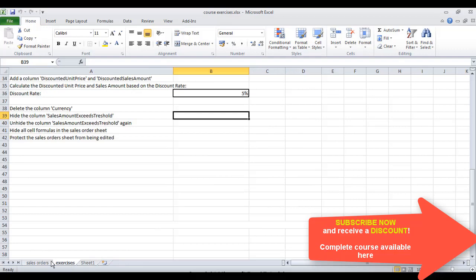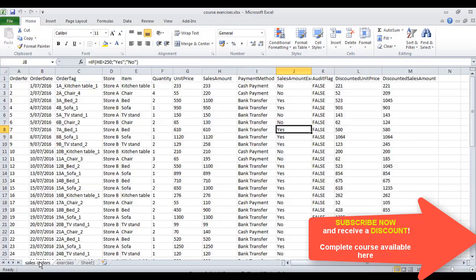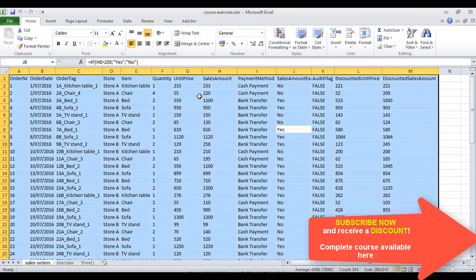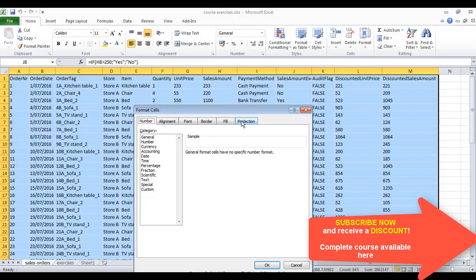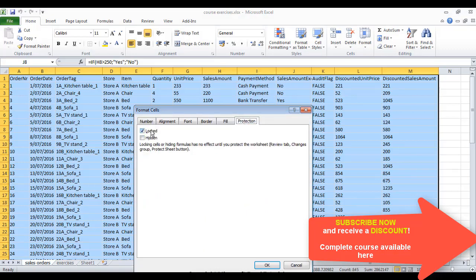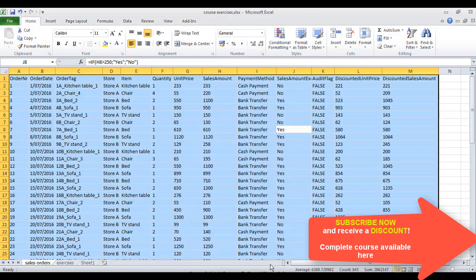If I want to hide all my cell formulas within my Sales Orders tab, I select all my cells. I right click, Format Cells. I go to the Protection tab, and as you can see, by default, if I protect my sheet, the cells will be locked but will not be hidden. So formulas within cells are still visible. If I want to hide my formulas within my cells, I can select Hidden, press OK, and if I now go to